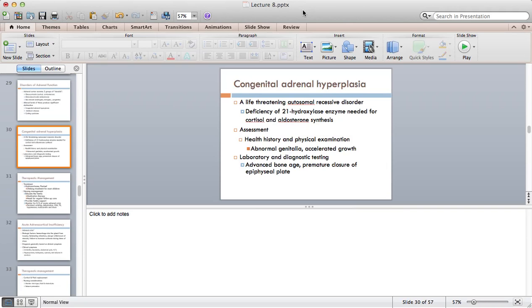And that's the time you start asking, is this a boy or is this a girl? By the time they do their ultrasound and their evaluation, including physical assessment, they'll be able to say, yes, for sure, this is actually a girl. But because of that overgrowth,